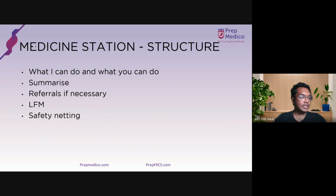So now coming to how do you manage it? You've explained to the patient what it could be, you've explained the diagnosis, you've explained the differential diagnosis for this patient. Now you're coming to how you manage it. So usually in the case of conditions where, let's say, an MI patient might have a smoking history or an alcohol history or a very bad diet and exercise regime, when you come to management, you tell them, so Mr. Harry, I feel that,